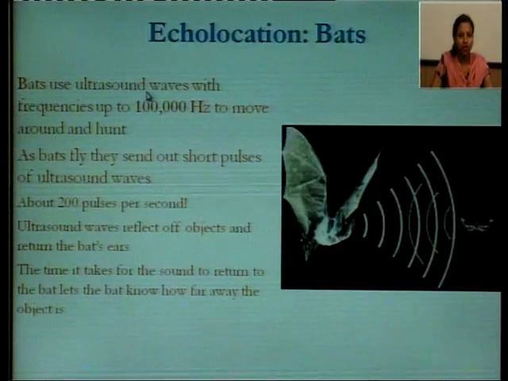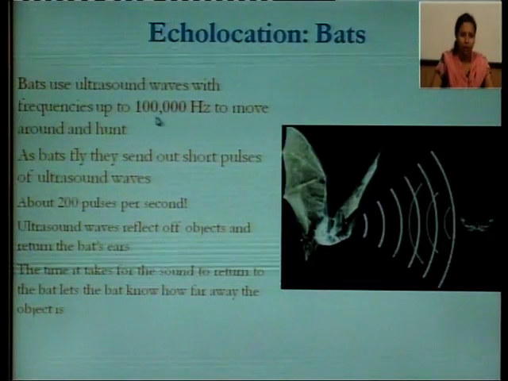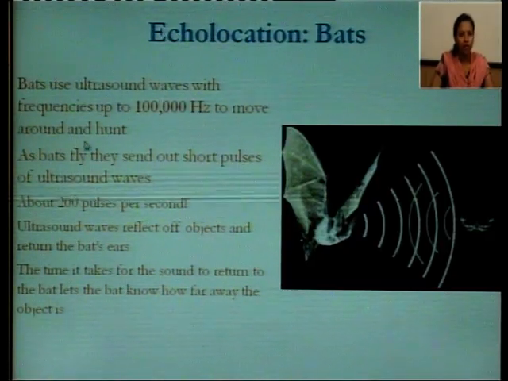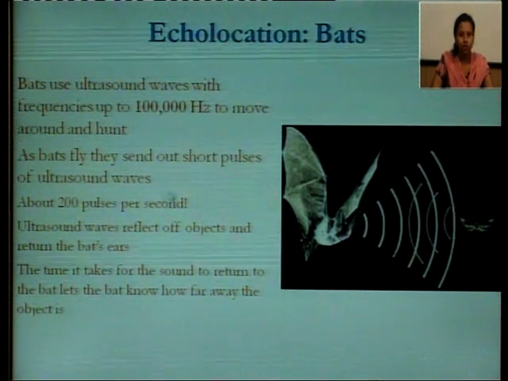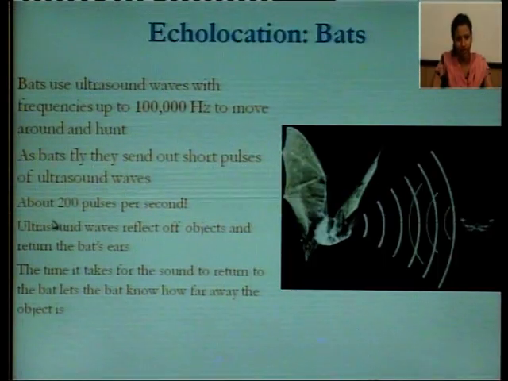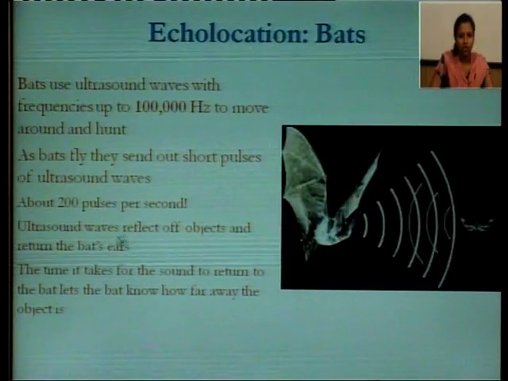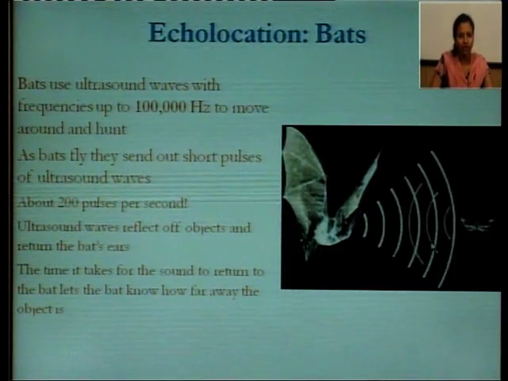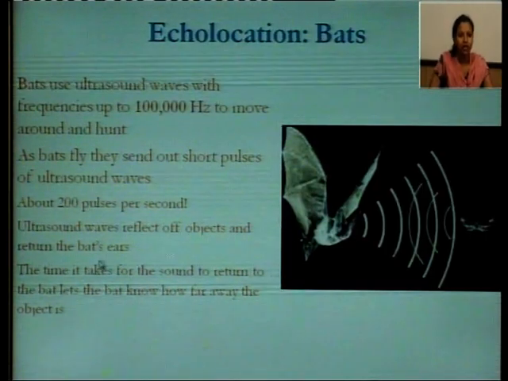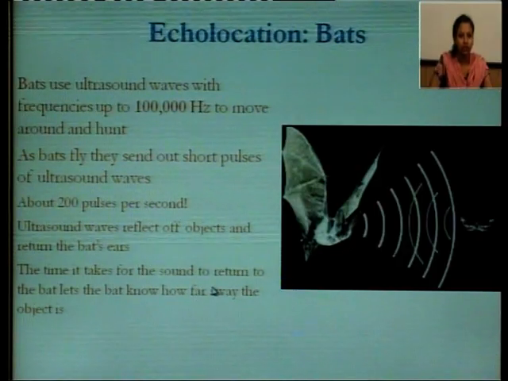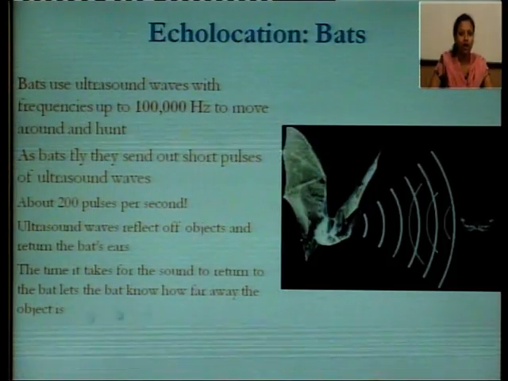Bats use ultrasound waves with frequency up to 0.1 megahertz to move around and hunt. As bats fly, they send out short pulses of ultrasound waves, about 200 pulses per second. These ultrasound waves are reflected off the object and return to the bat's ear. The time it takes for the sound to return lets the bat know how far away the